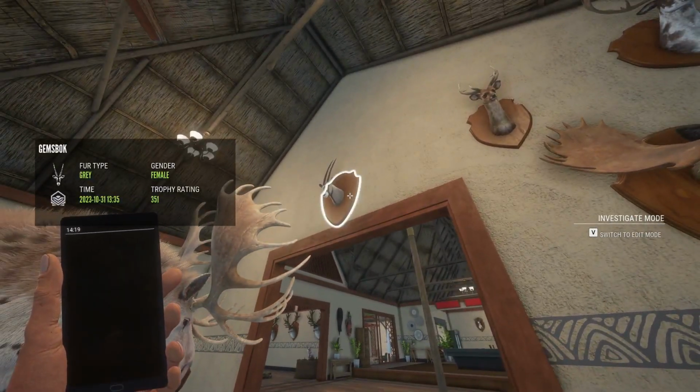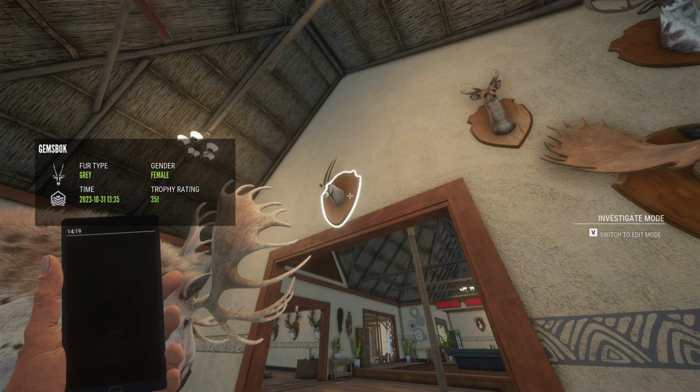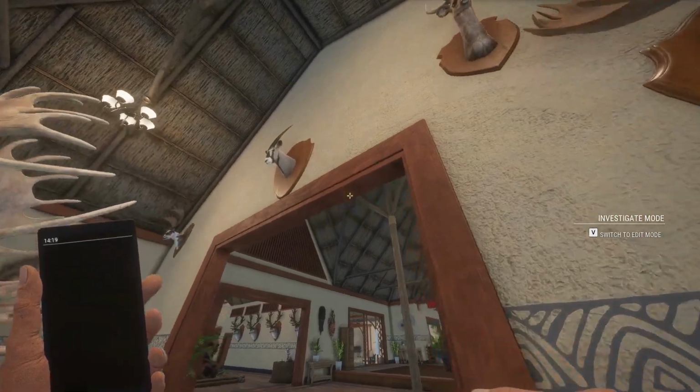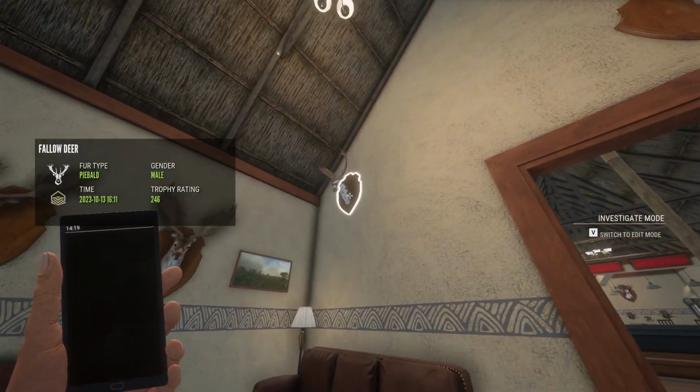And then we got this guy, Gemsbok, 351. Actually, it's a female. Our only diamond of this species, and it was kind of crazy because I don't remember from the video, this was either a level 3 or a level 4 Gemsbok. So the fact that it made diamond is actually crazy, and the fact that it was a female is even crazier. Got another rare piebald over here, 246